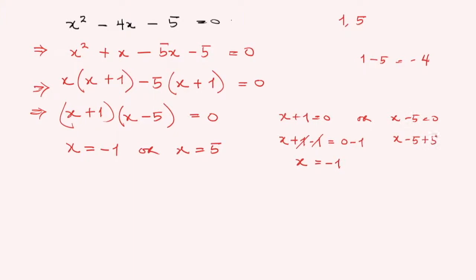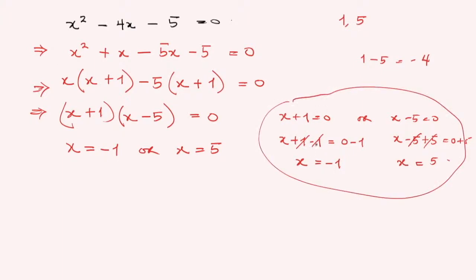So x minus 5 plus 5 equals 0 plus 5. And this cancels out to leave x alone here, and we have 0 plus 5. So x is equal to minus 1 or x is equal to 5. I hope that's clarified. For more, you can watch the video on change of subject of the formula to be